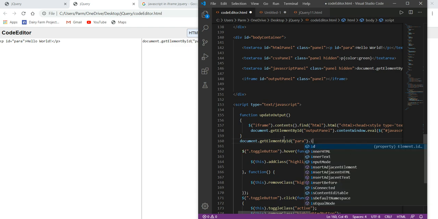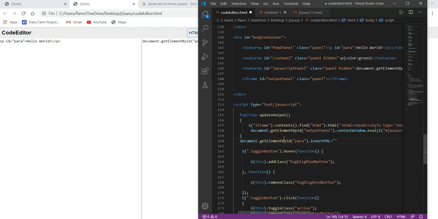Then here we have to use innerHTML, and to this we have to set the value, equal to hello pom.